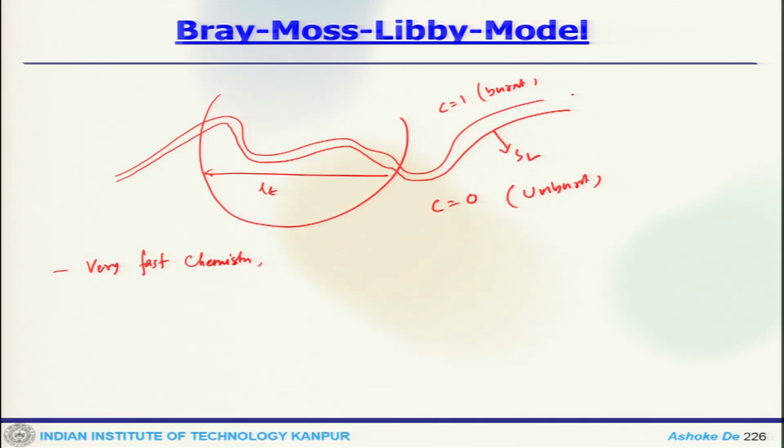That means the flame size, this is the LF, the flame size LF is less than LT and less than eta also. Now, another thing is that fuel conversion takes place only in the area of the thin flame front. So, that could be in the flow field, burned mixture or unburned mixture, but intermediate states are very unlikely. So, that is another assumption which is there. You can define a flame front. So, in this thin flame front only the fuel conversion actually takes place.